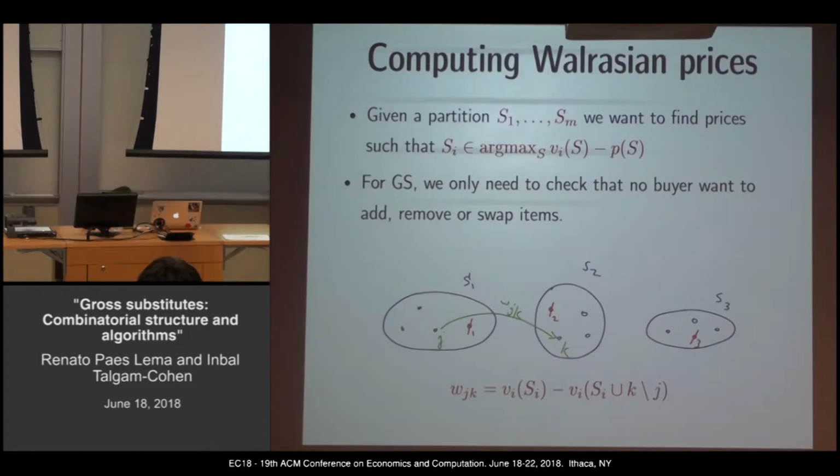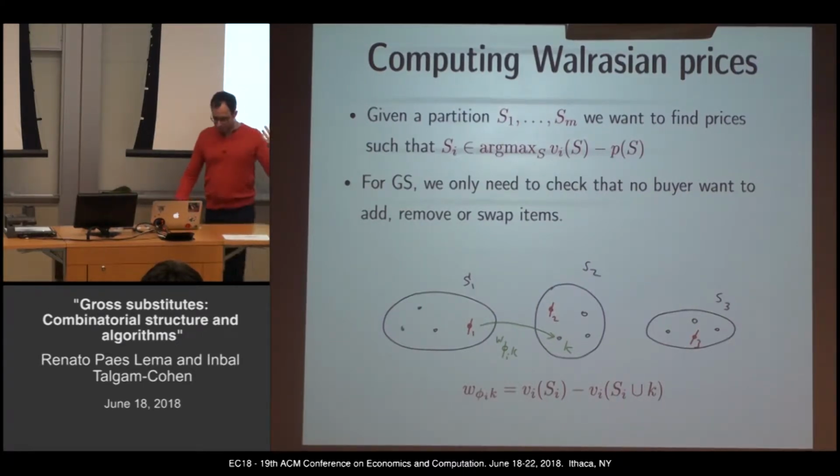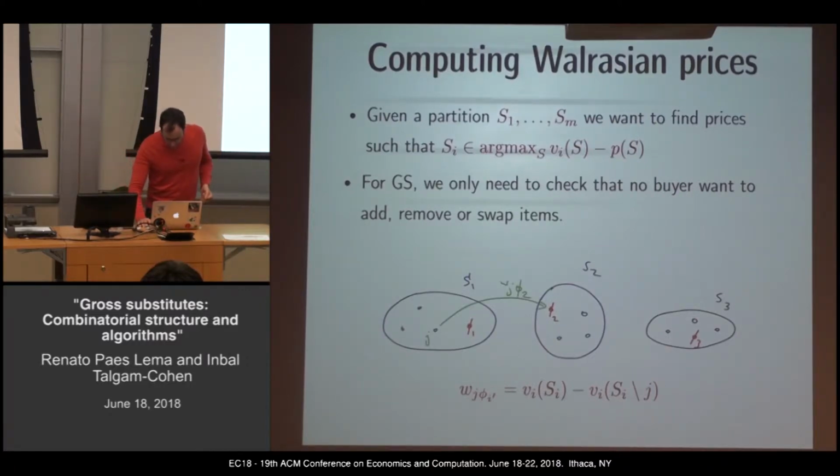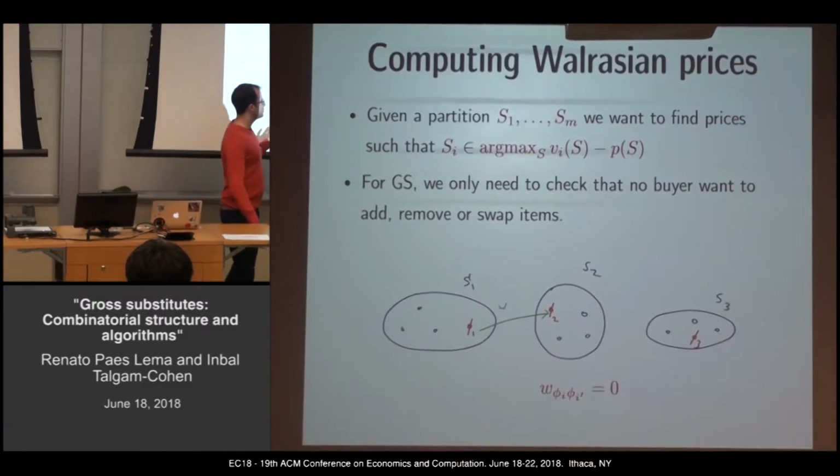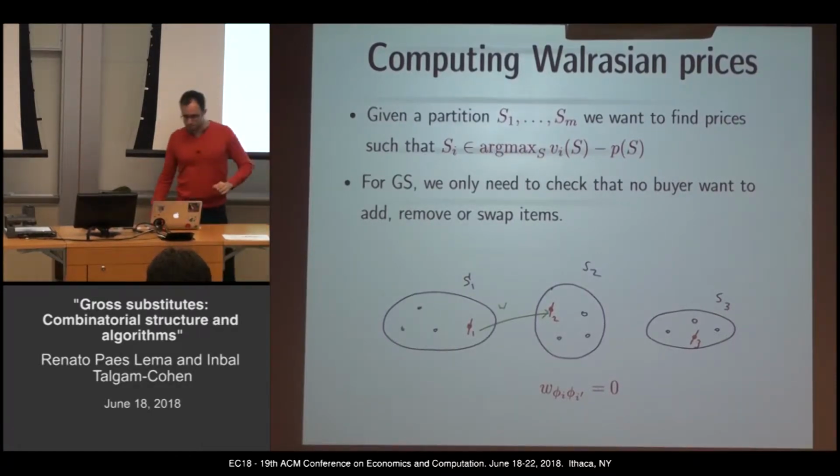For j to k, that's a difference in value if this agent, say agent i, drops item j and replaces it with item k. So how much he will lose if he did this swap. The same way I use for the dummy item: from the dummy to k is how much he will win by adding k. Similarly from j to phi, what's the difference by dropping j. And between two dummy items, I'll just put an edge of 0.